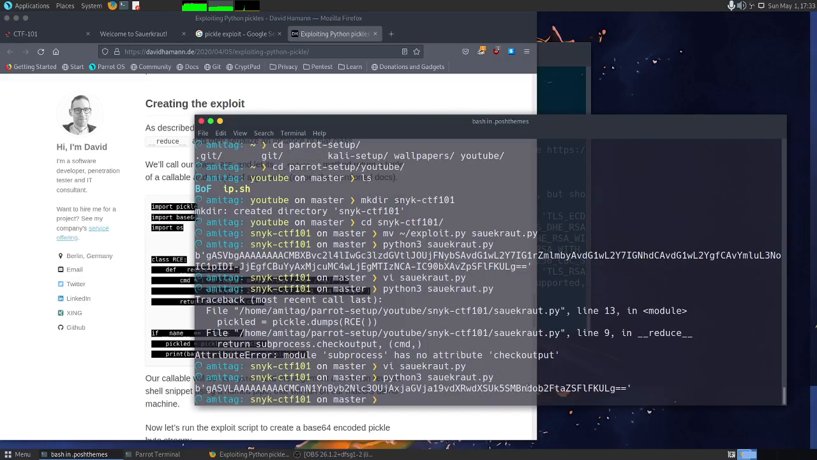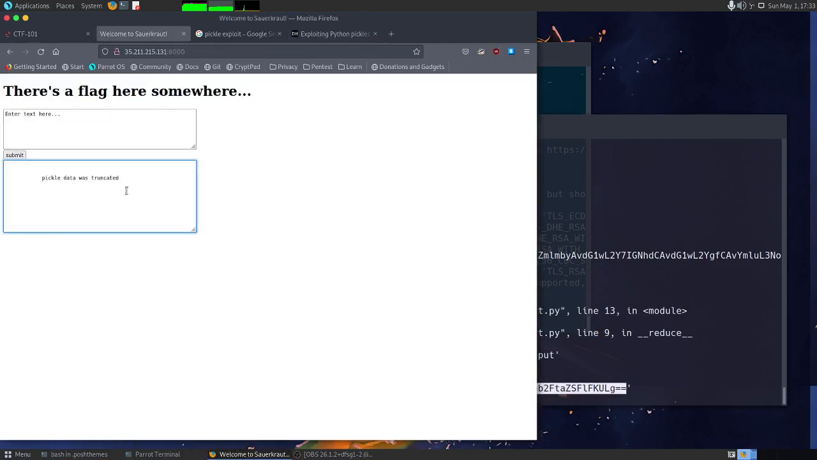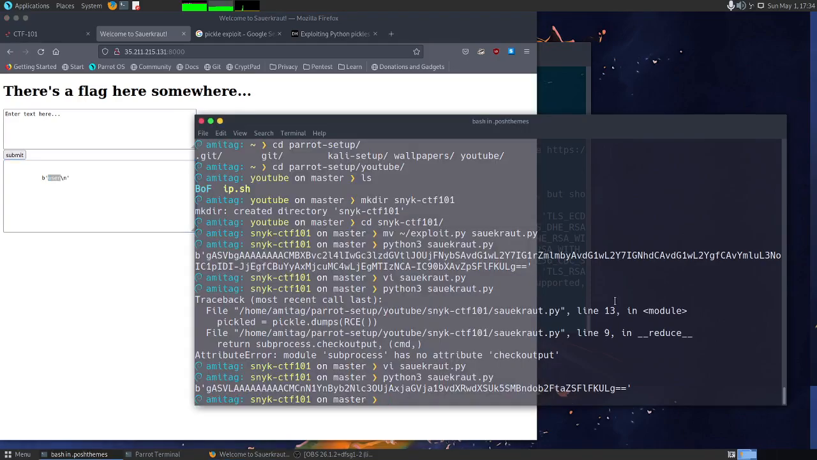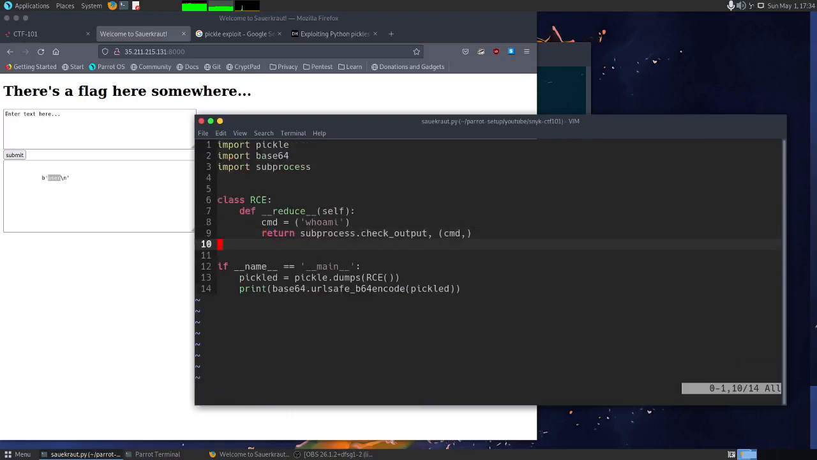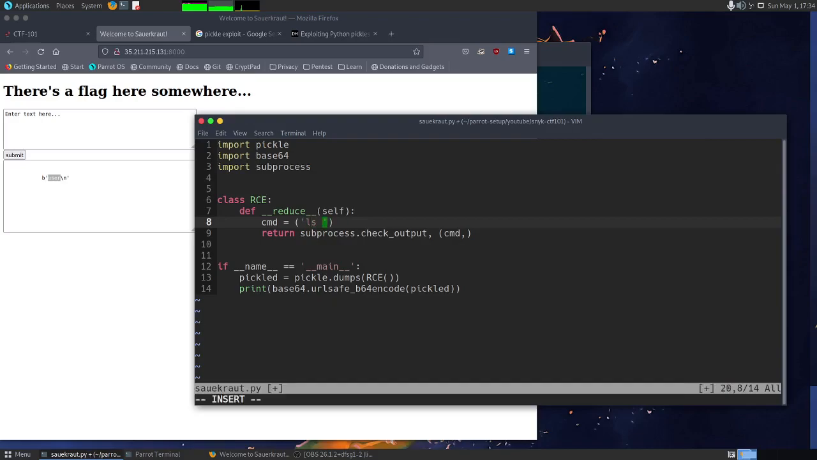Okay, so we get this base64. Let's copy this base64 and come here, paste it here, and see what happens. We can see the output of whoami. It's a user. So let's try something more interesting. So we will open this again, and we will try to see what is there in the current folder with ls -alrt,